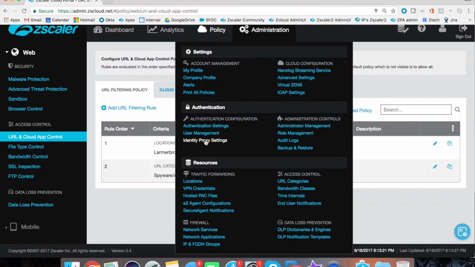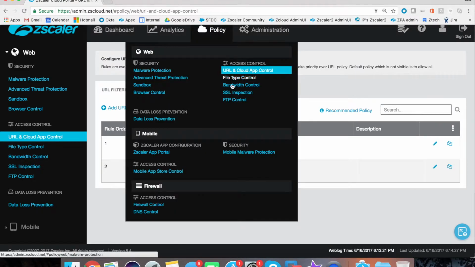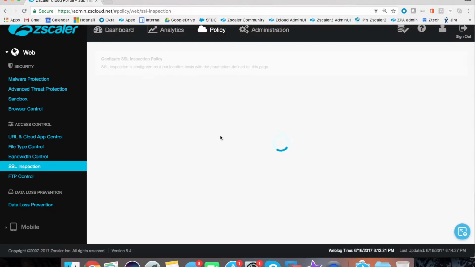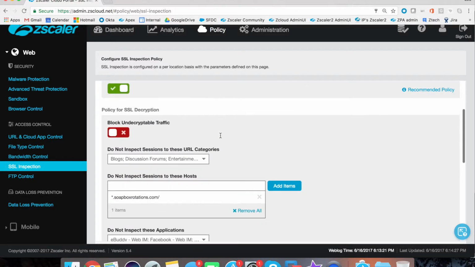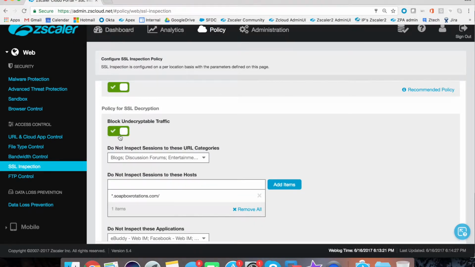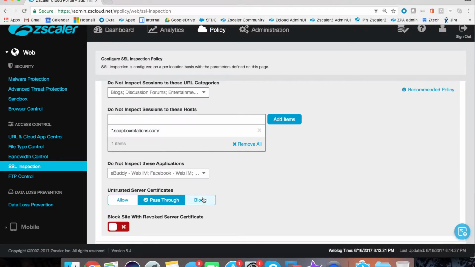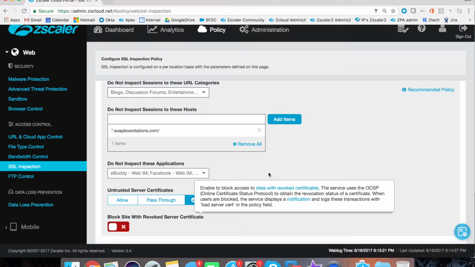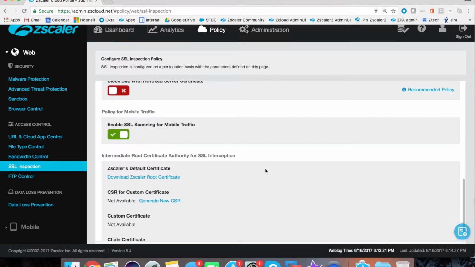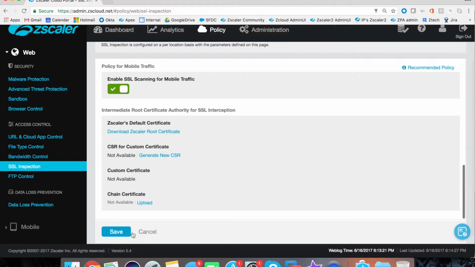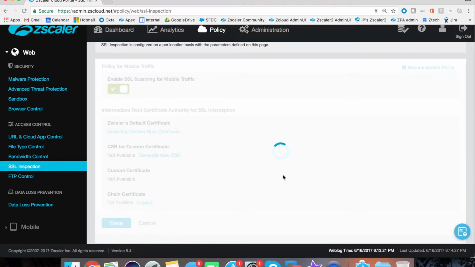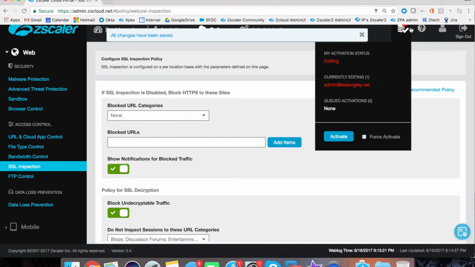One other thing that you may want to do then is go to your policies, SSL inspection, and block unencryptable traffic, but also block untrusted certificates, because that will prevent that initial communication in the first place. So if we click save and apply,